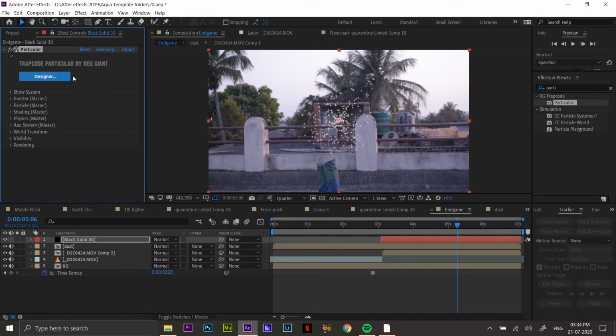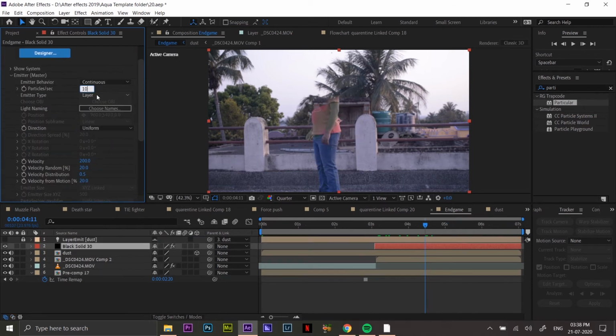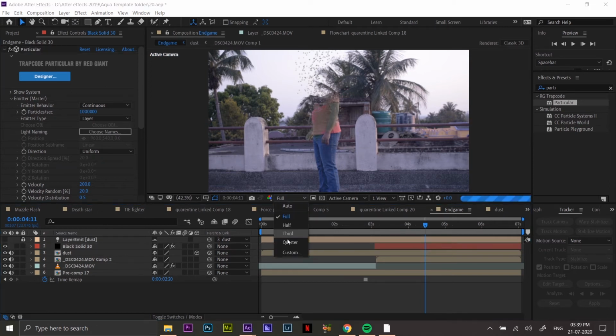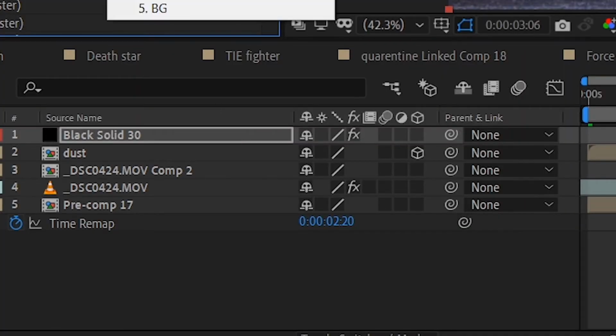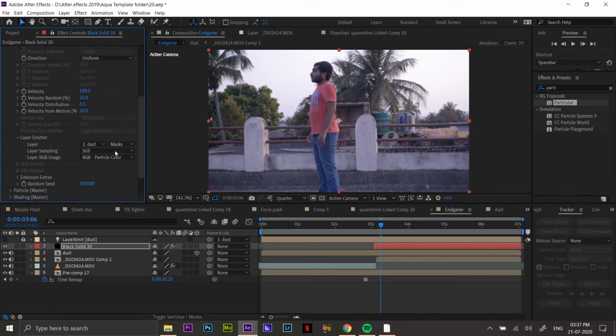So it's a particle simulator, and I will go to the emitter and make the particles per second a huge number, 1 million something, and set the emitter type to layer and make it render in quarter or third because it takes too much graphical power. And don't forget to make your dust layer 3D. Now in layer emitter, set the layer to dust and source. Set the layer sampling to particle birth time,